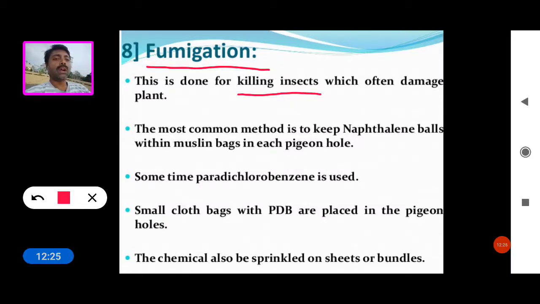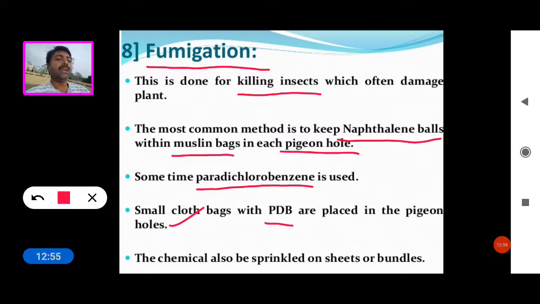The most common method is keeping naphthalene balls within muslin bags in each pigeon hole, and sometimes para-dichlorobenzene is used, and small cloth bags with para-dichlorobenzene are placed in the pigeon holes. The chemical can also be sprinkled on sheets or bundles.